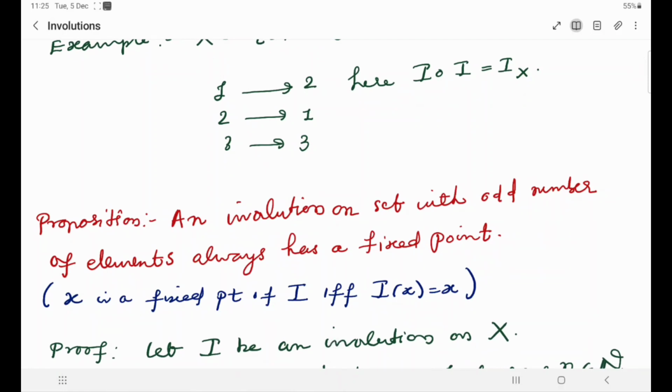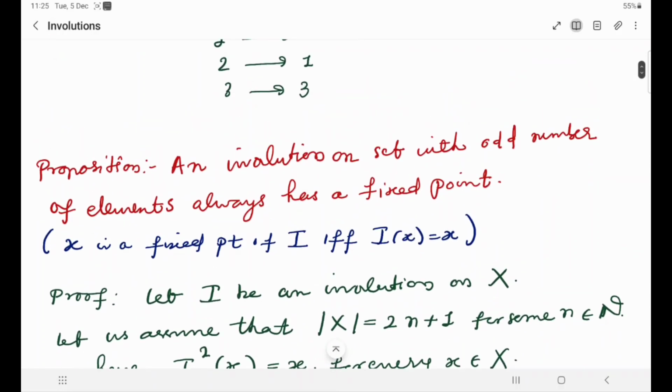You cannot avoid this. You will always have at least one fixed point. Here X is a fixed point of I if and only if I of X equals X. So we have to prove this. In order to prove this,